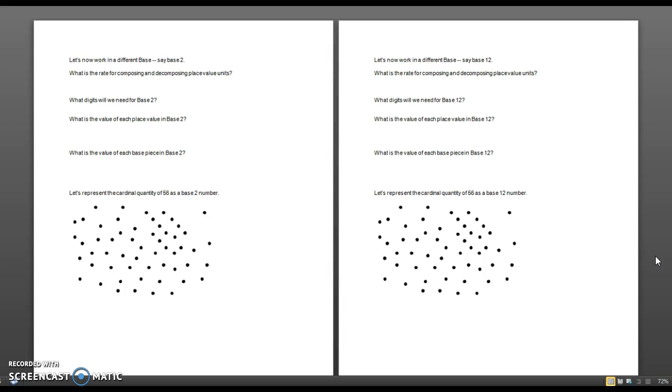All right, going on to the next page, some more practice problems. Again, I encourage you to pause, give it a try yourself. Base 2 is craziness, but it's a really important base because computers are all based on base 2 at their root. We'll talk a little bit more about that in a minute. So the rate for composing and decomposing place value units, 1